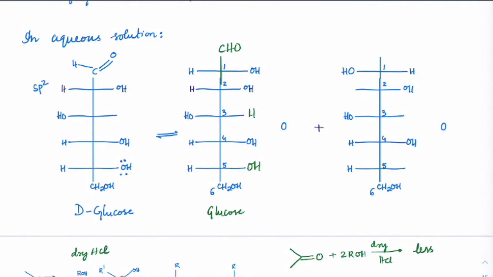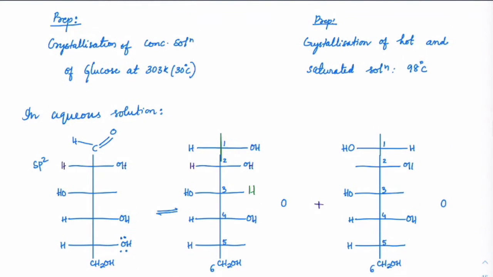Now what would happen? The lone pair present on the fifth carbon OH will attack as the alcohol on CHO, and cyclization will start happening. Now see the way to represent the cyclization. In all the standard books, this is the same representation used to show the cyclization. What is happening? C double bond O plus ROH is treated. So what is the product we will expect? We will expect OR and OH to form, and we call this a hemiacetal.